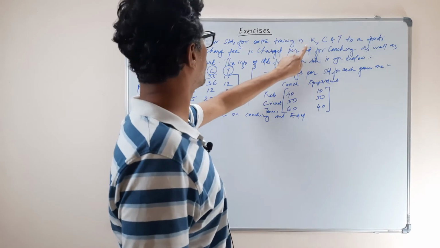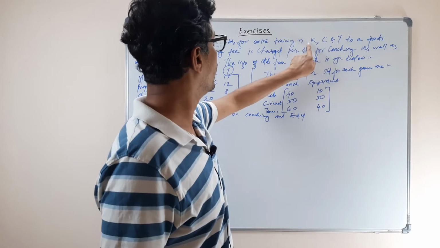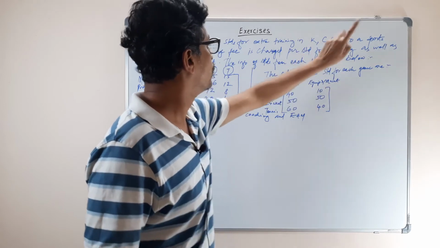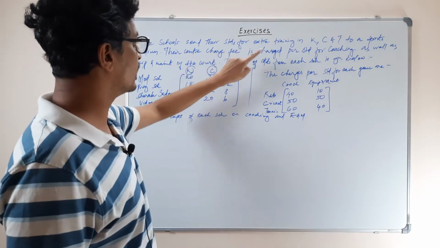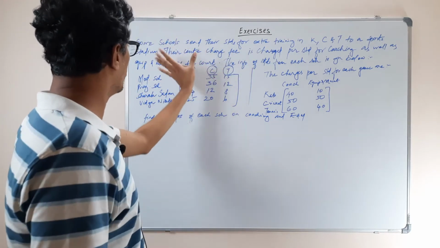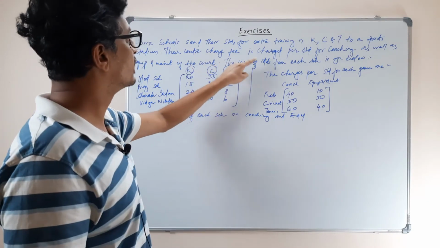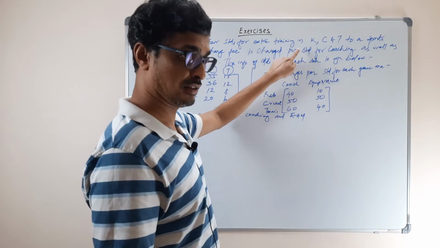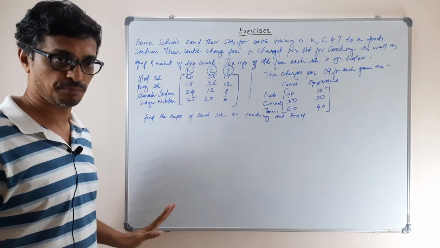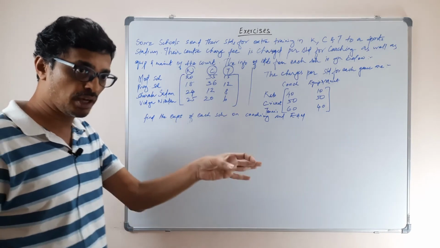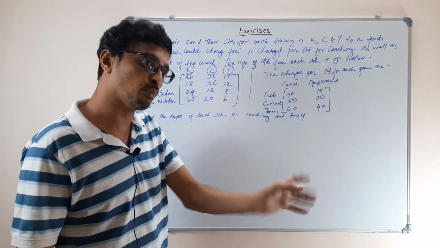K is short form for Kabaddi, cricket and tennis. We are writing it short. Training in Kabaddi, cricket and tennis is given at a sports stadium. The stadium center charges a fee per student for coaching as well as equipment and maintenance of the court. So every student is charged for the coaching as well as the equipment and maintenance.